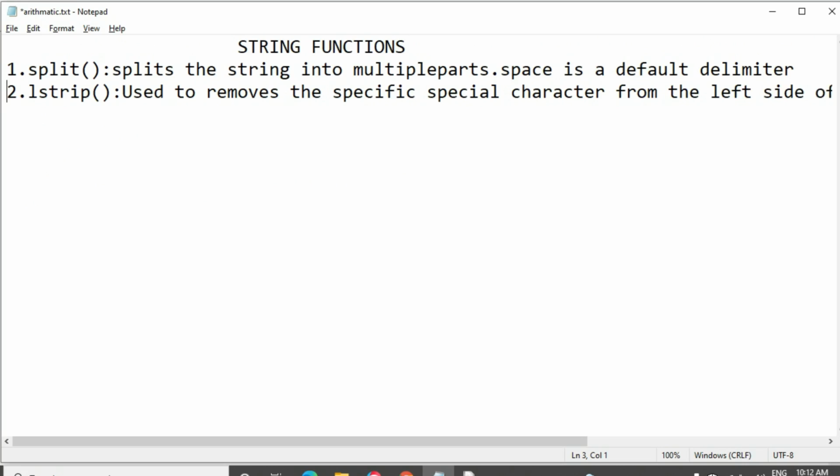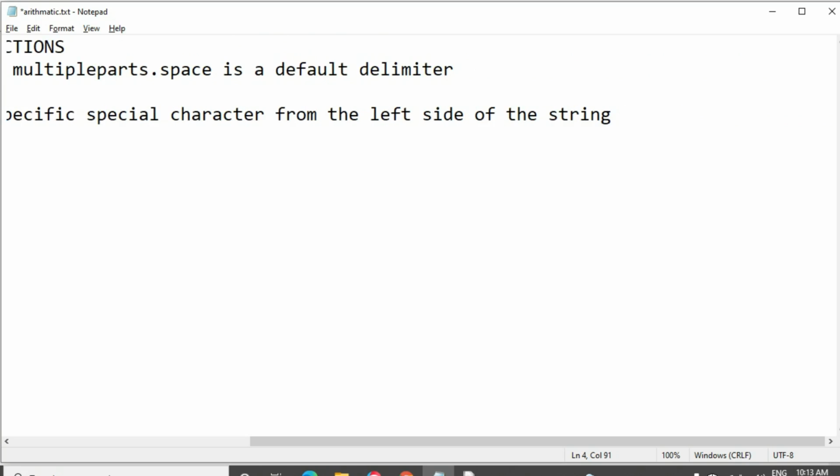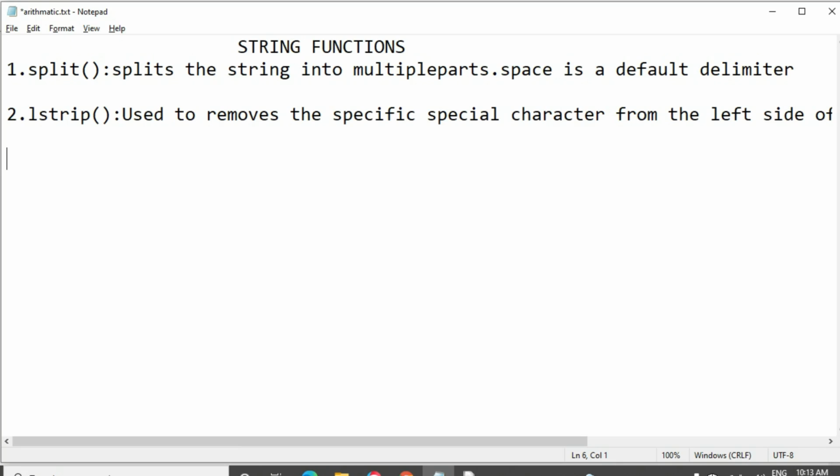Then the next one is rstrip. Rstrip is used to remove a specific special character from the right side of the string.